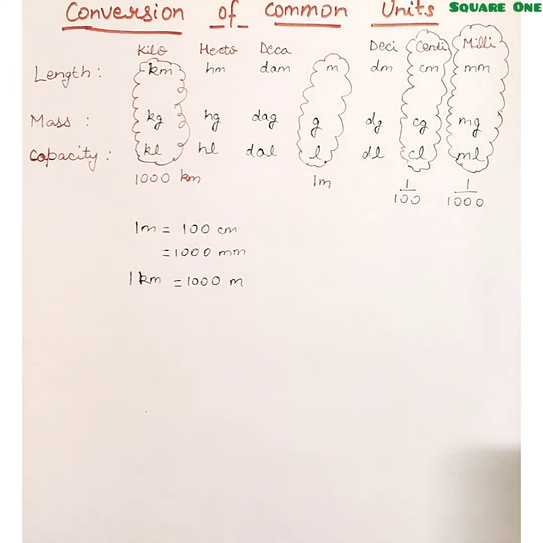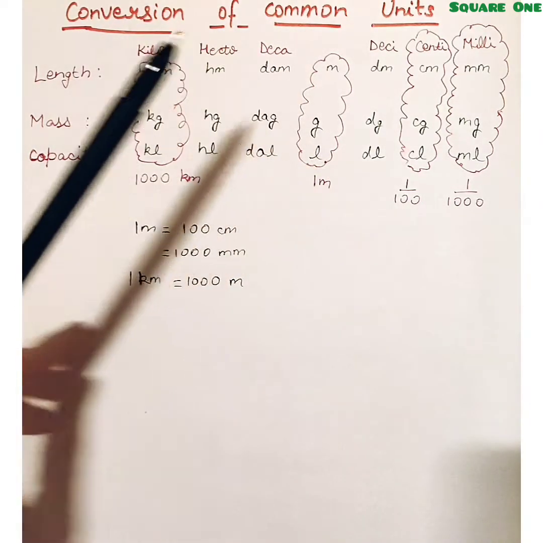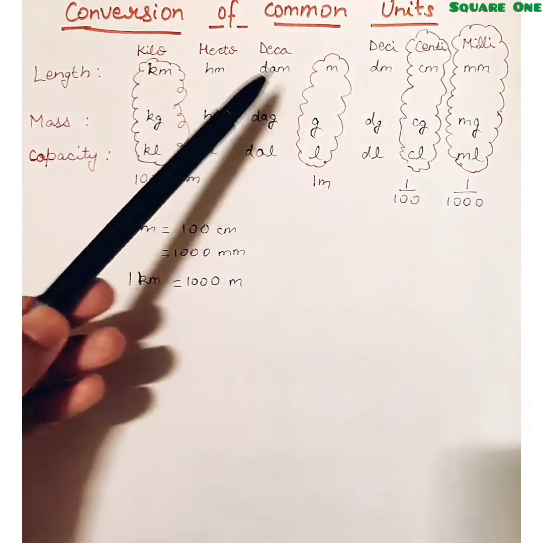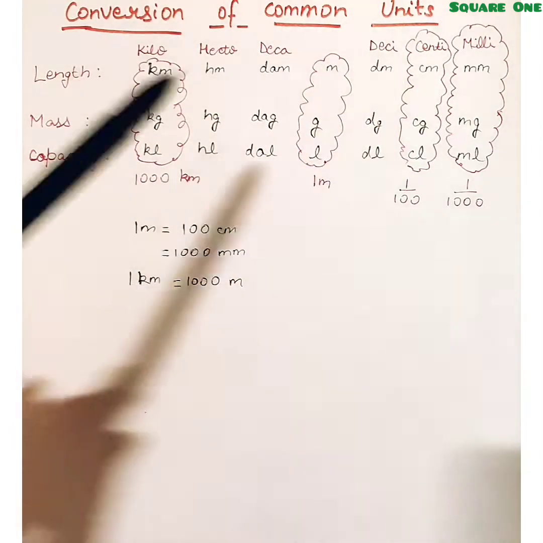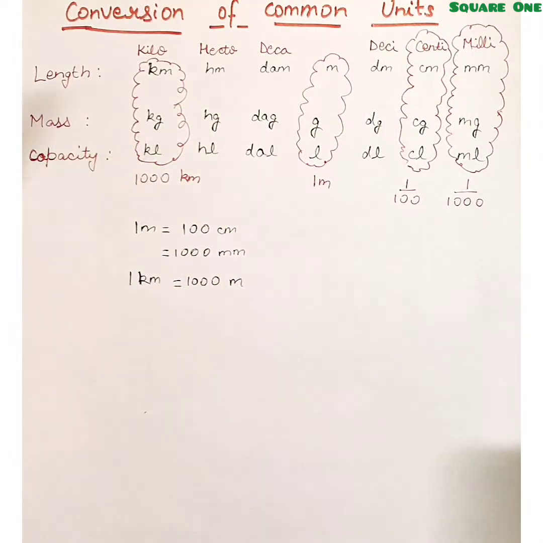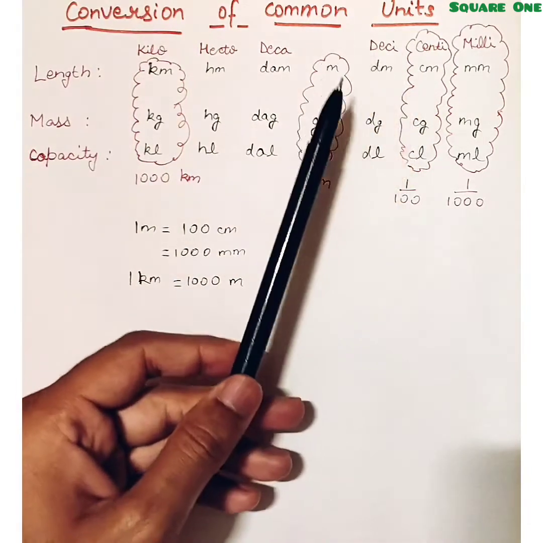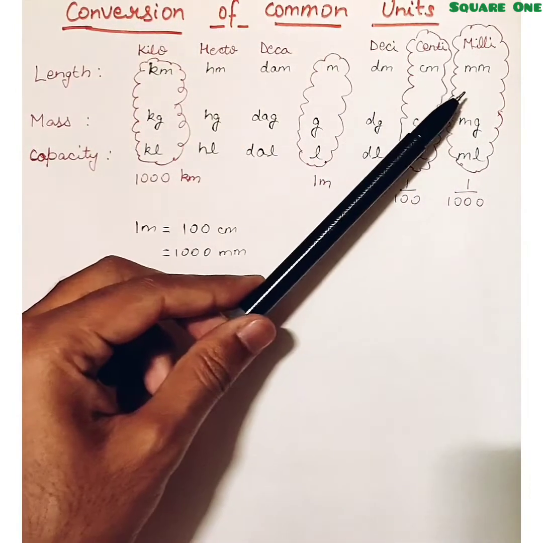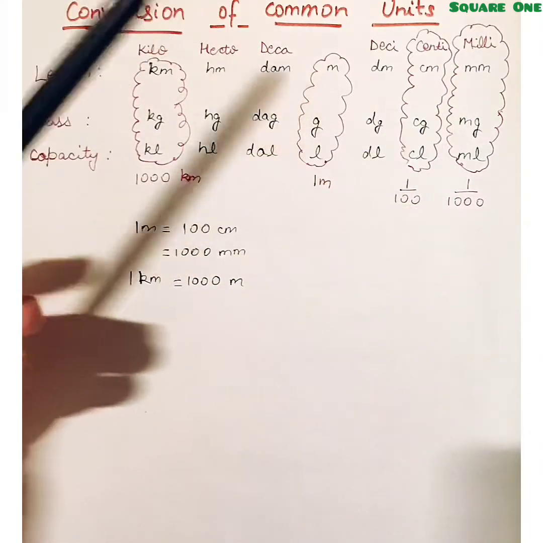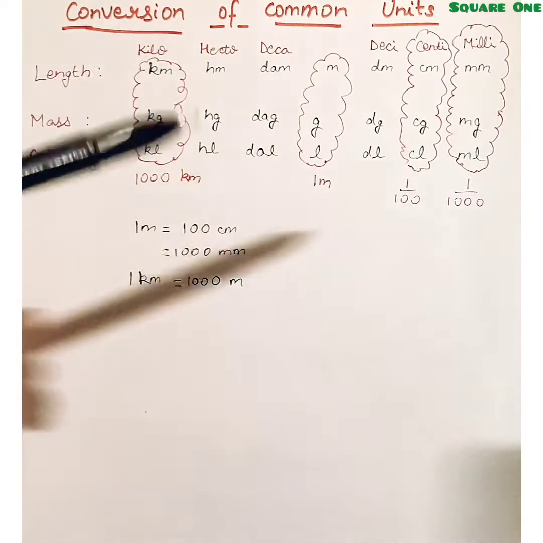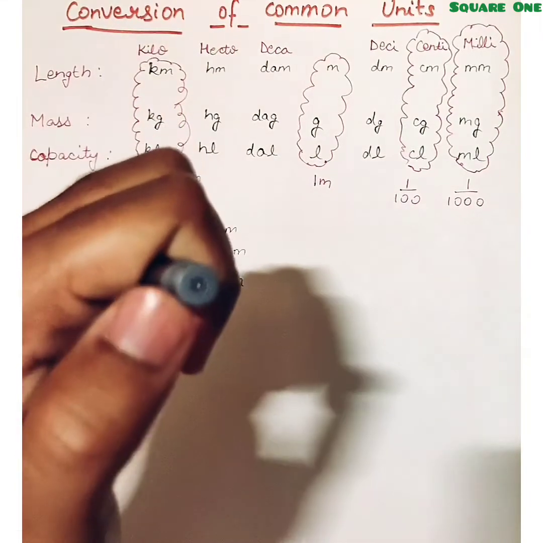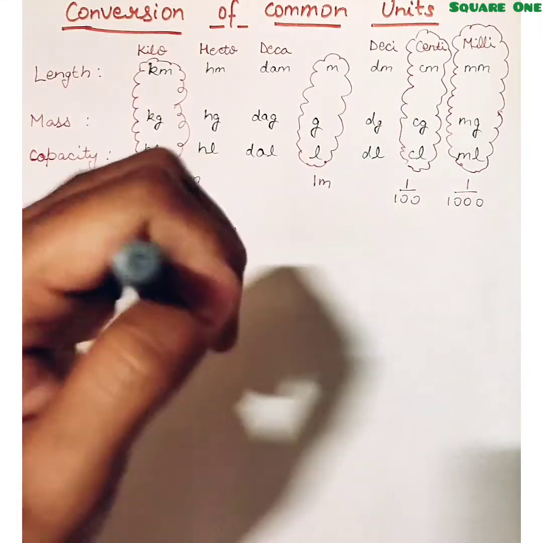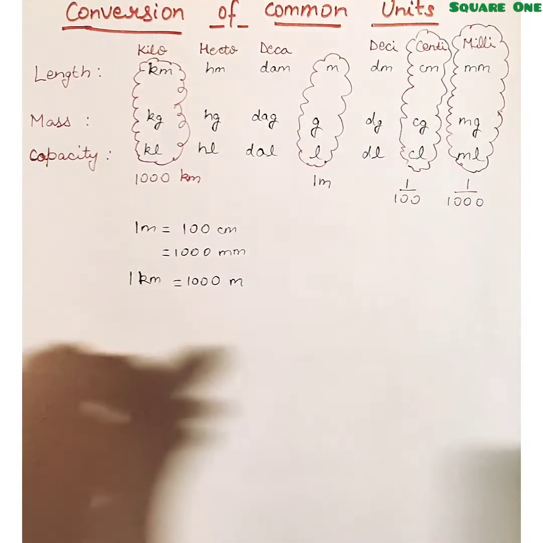Then meter, gram and liter. Meter is used to measure the length of your room. The centimeter, if you have to measure the length of your notebook, you will measure it in centimeter, because meter is too big for that and millimeter is too small. Millimeter is used to measure the length of your pencil, or maybe the radius of your pencil. Suppose I have to measure the length of this circle of my pen, I will measure it in millimeters because it is very small.